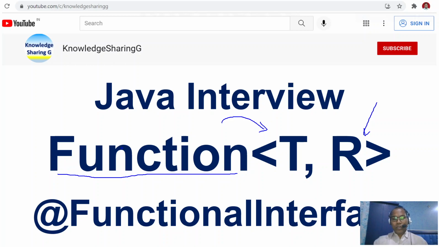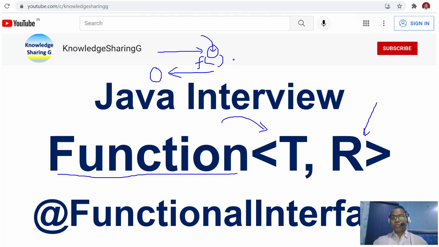You use Function whenever you have one input object or value and you want to convert or transform it into another object. Let's say I pass one input argument as an integer and I want to double it, so you can use the functional interface Function.